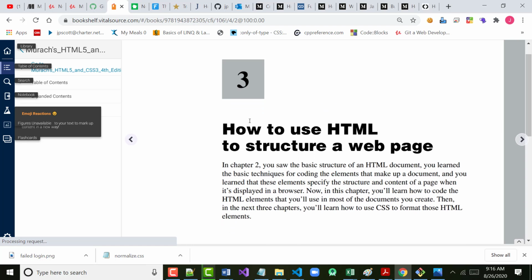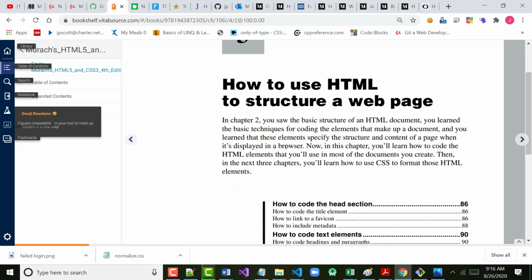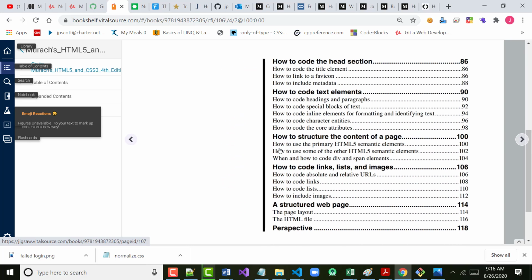And it's how to use HTML to structure a web page. So notice, much of the beginning material that's in here is the stuff in the head section. I'm just going to follow their lead. So we'll do that. Now, if you look up on the screen here, if you remember yesterday, I mentioned to